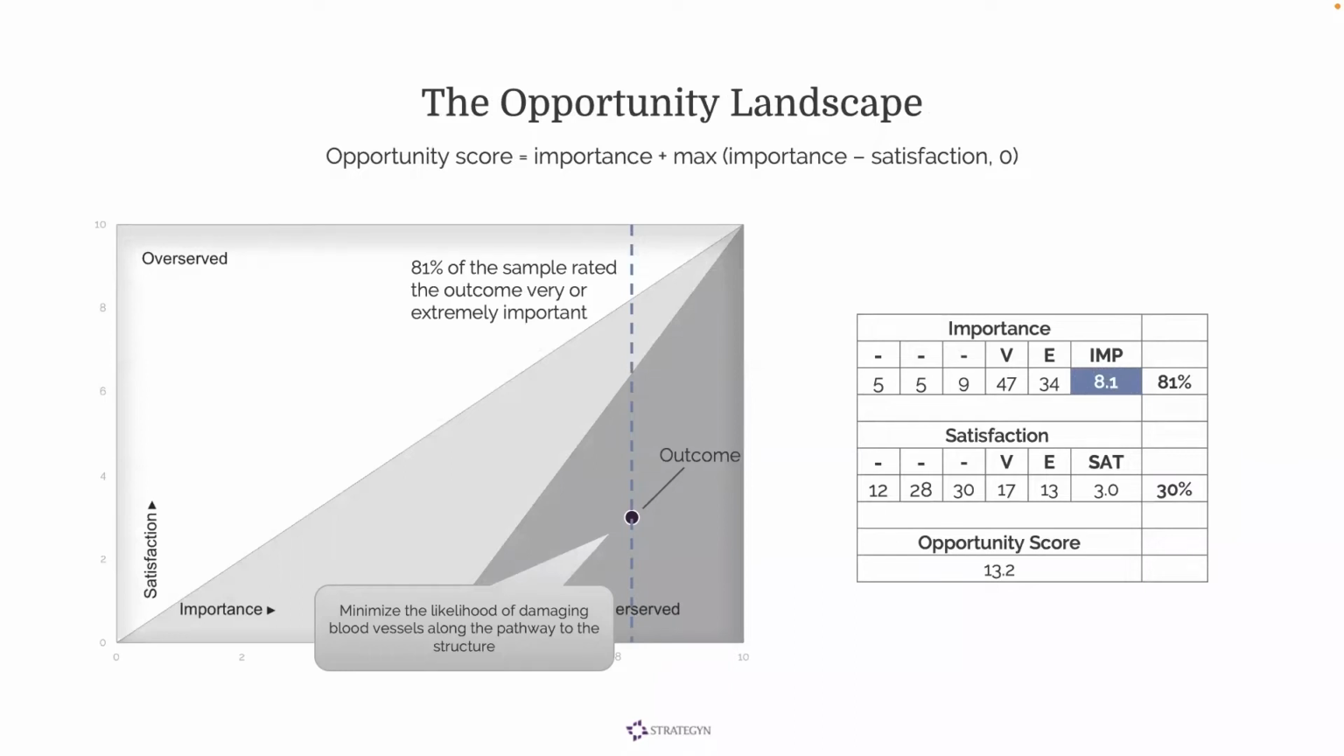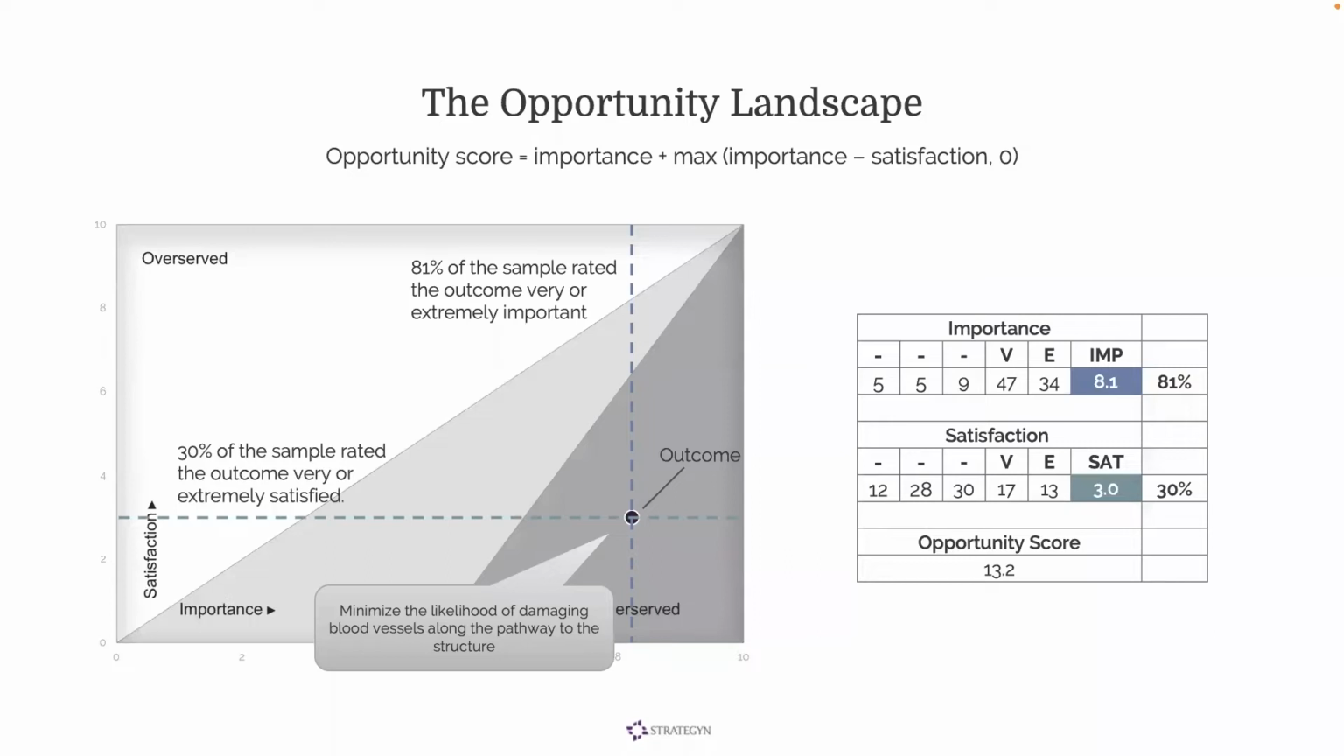And we have one dot here, one outcome statement. The reason that that's plotted right there is because 81% of the population has told us that that is either very or extremely important, yet only 30% is telling us it's very or extremely satisfied. And we use this algorithm up here to say if the need's very important and the difference between the importance and satisfaction is great,